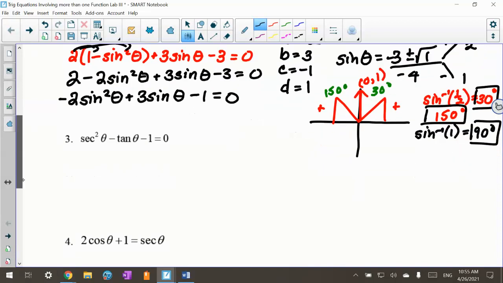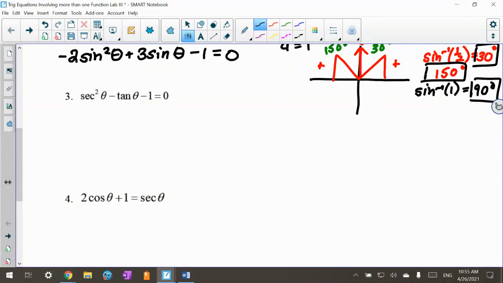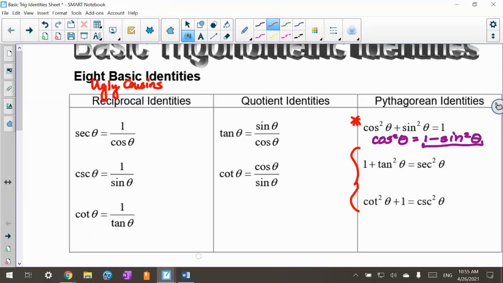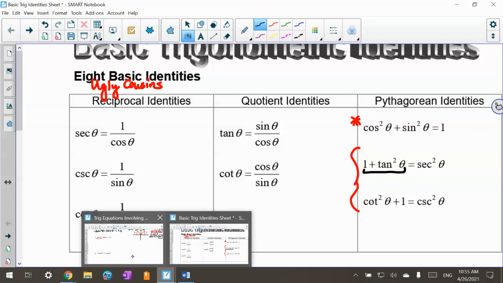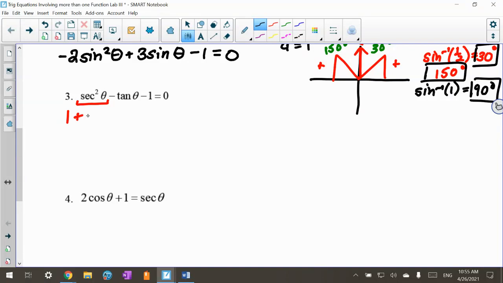Okay, let's look at number 3. I have secant squared theta minus tan theta minus 1 equals 0. So I look at the secant squared. It's squared. I wonder if there's an identity. Let's come over to our sheet here. And now I have this identity here, which I will let you use on the quiz. I'm looking for secant squared theta. And I see that secant squared theta equals 1 plus tangent squared. So I'm all excited because when I put that in place of secant squared, my whole equation is going to be in tangent. So I have 1 plus tangent squared theta, because that's what secant squared is, minus tangent theta